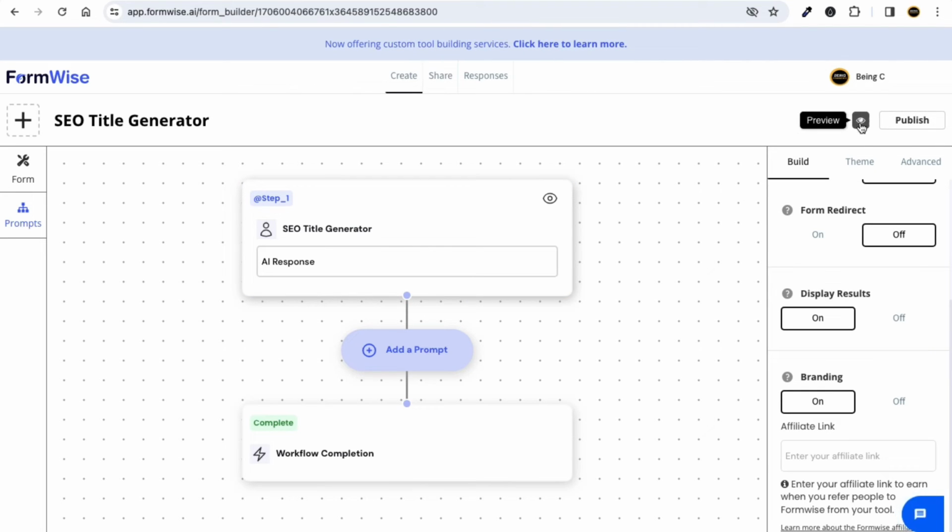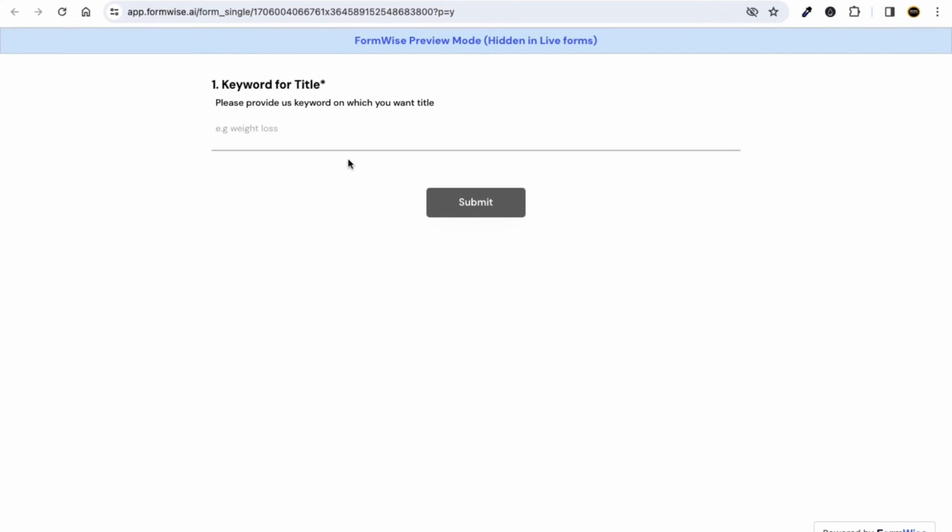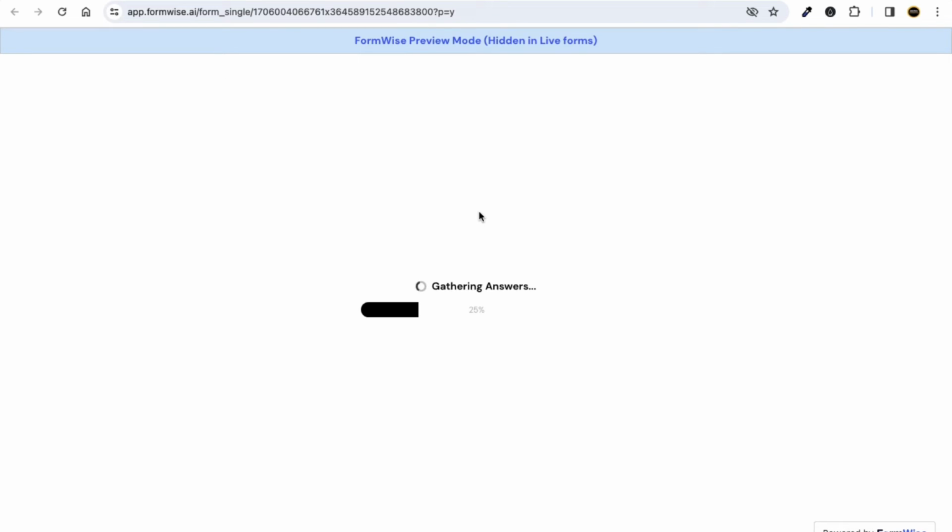If you click on this I button, you can see this is how your tool will look. So when any user comes to your tool using Formwise, that's how it will look. If someone wants to create an SEO title for some particular keyword, let's say AppSumo lifetime deal, and they click on the submit button,